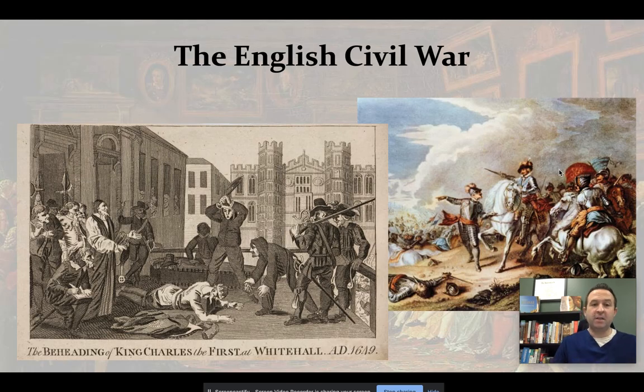Now, the immediate cause, again, there are some long causes here, right? We've talked about this already. It's been going on since essentially 1603 when James I takes over. But the immediate cause was Charles attempted to arrest several Puritans in Parliament. So remember, this majority of Parliament was Puritan. He doesn't like Parliament. He has a great animosity toward them. And he attempts to arrest several Puritans. But coming to their defense, a crowd of 4,000 Englishmen came to Parliament's defense. They want this idea of constitutional government.